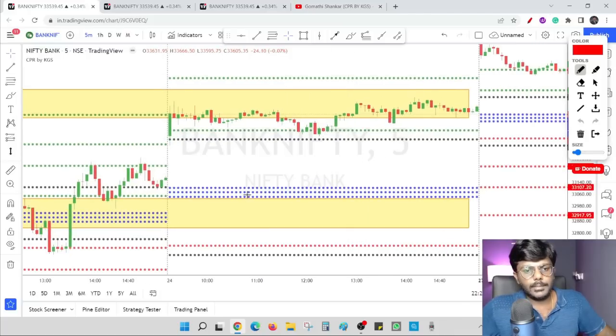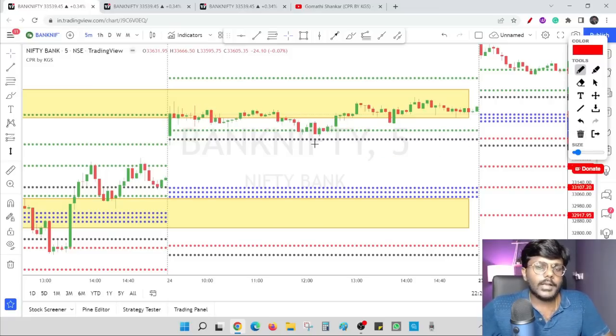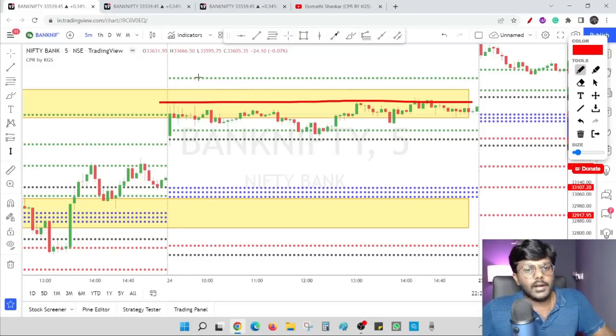Now here the prices are above daily CPR, the prices are above weekly CPR, and the market is dead sideways inside a range. Obviously no trade zone. The market is above R1 and previous day high already. So no need to take a position based on R1 and previous day high breakout. So we have to wait and watch whether the day high is getting broken, whether R2 is getting broken. That is how we look for long opportunity, not in a range bound market like this.